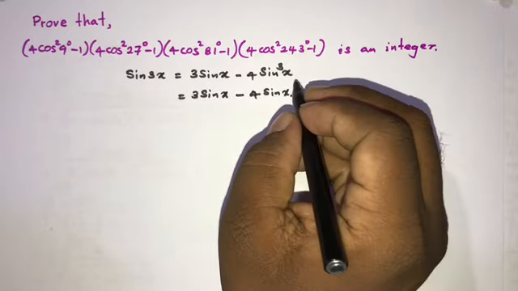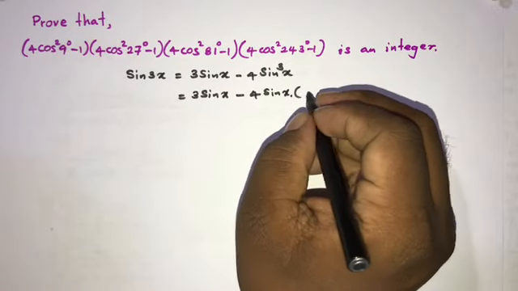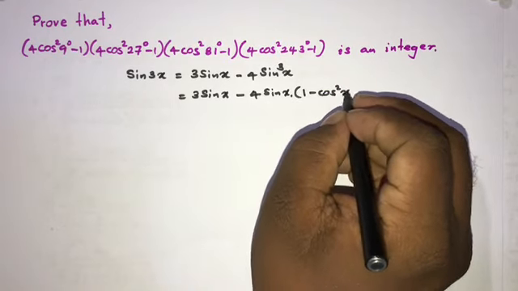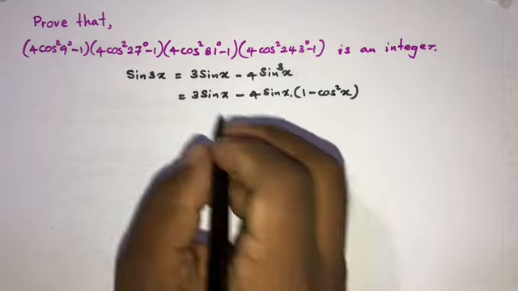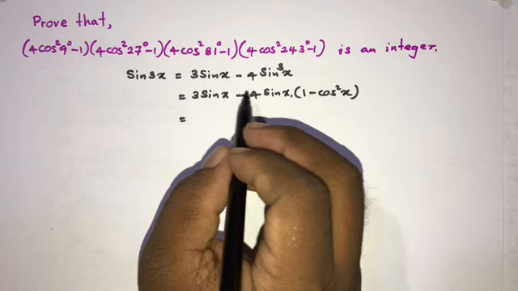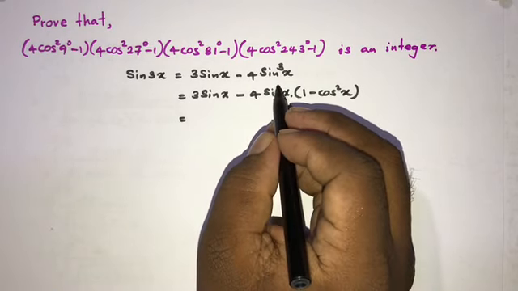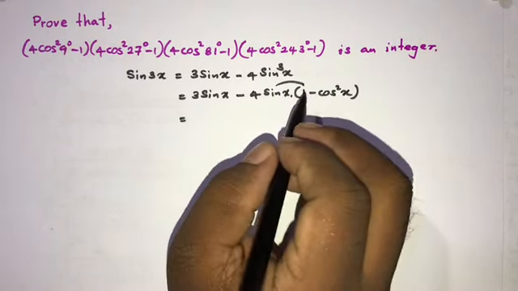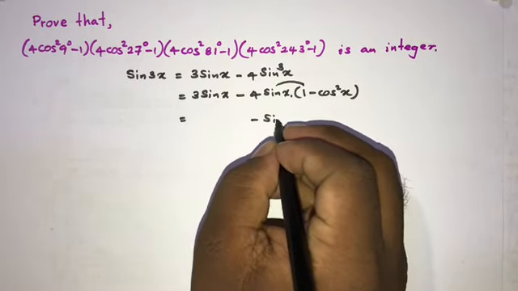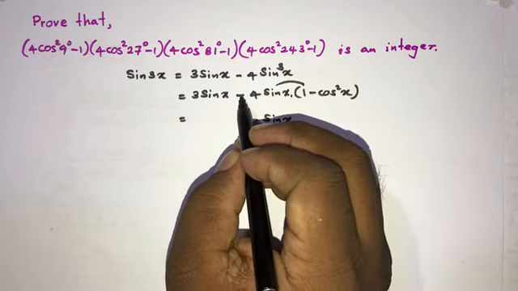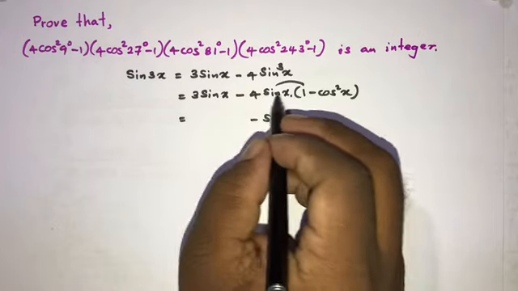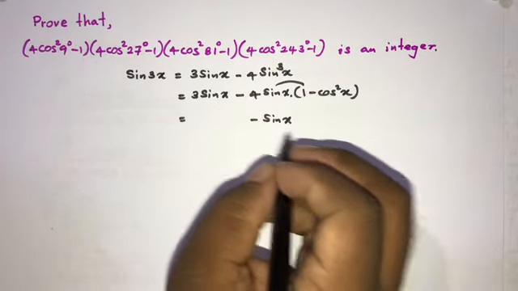Now we have sine square of x, so we can write sine square of x is equal to 1 minus cosine square of x. Then 3 times sine of x minus 4 times sine of x times 1 minus cosine square of x, so we have minus sine of x, but minus times minus gives plus 4 times cosine square of x